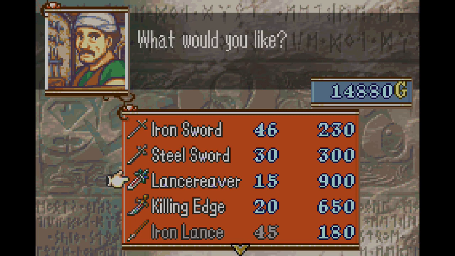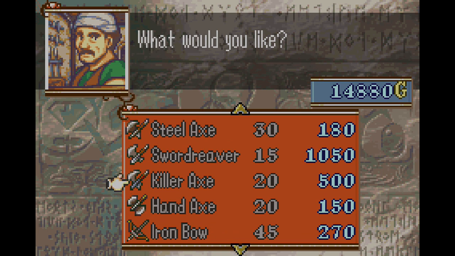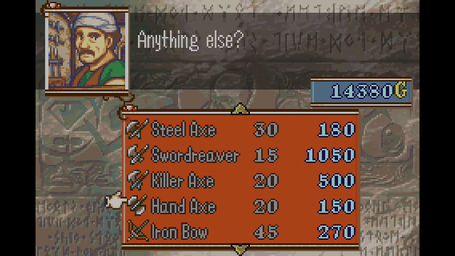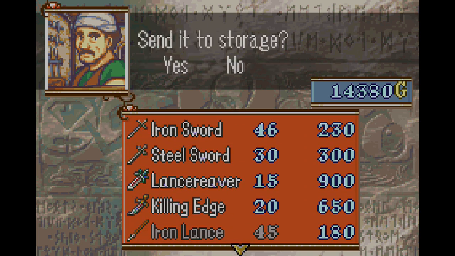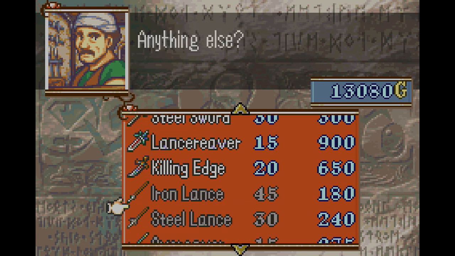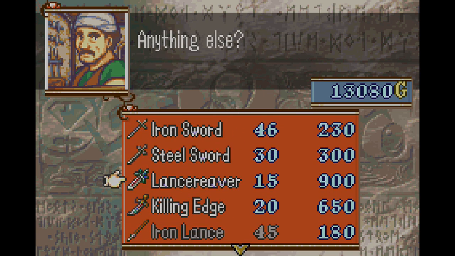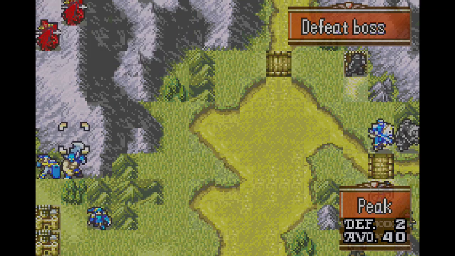The joys of half-price items. That's a very, very cheap Killing Edge. But yeah, I'm going to go ahead and get a Killer Axe. And might as well get another few Killing Edges. Though the Lance Reaver is kind of expensive. But I actually don't have one of them. I might save getting a Lance Reaver for before Chapter 19. Chapter 19 has some pretty annoying Lance users, so...